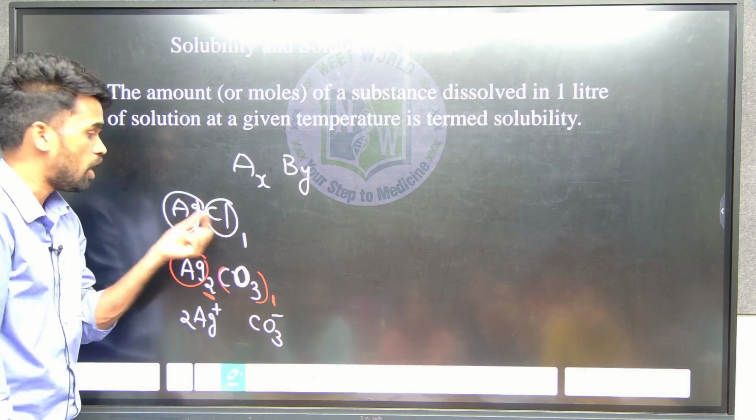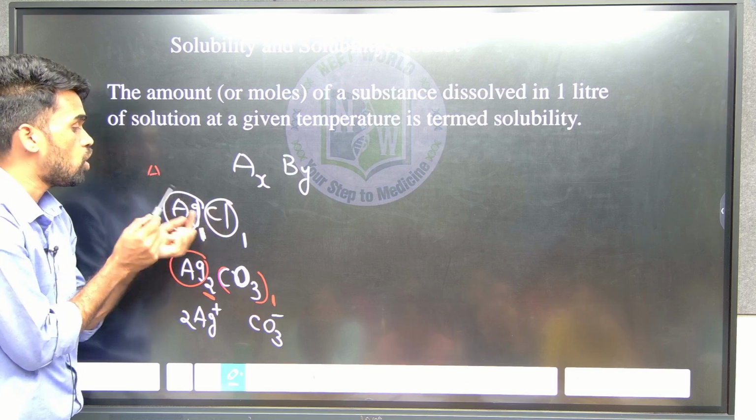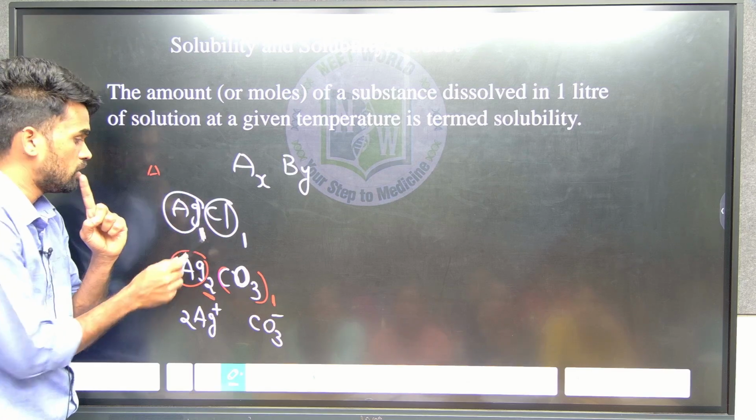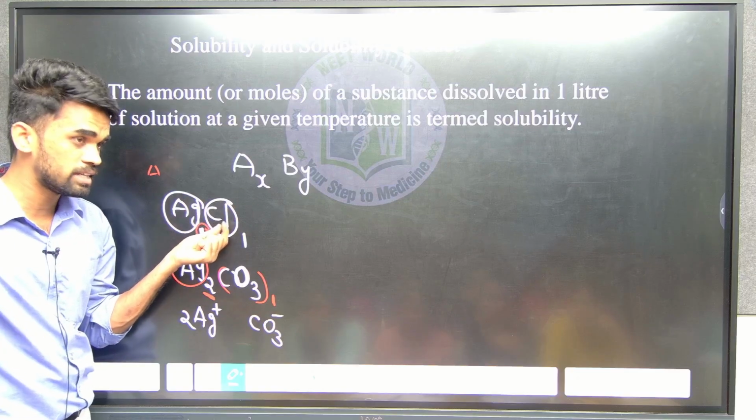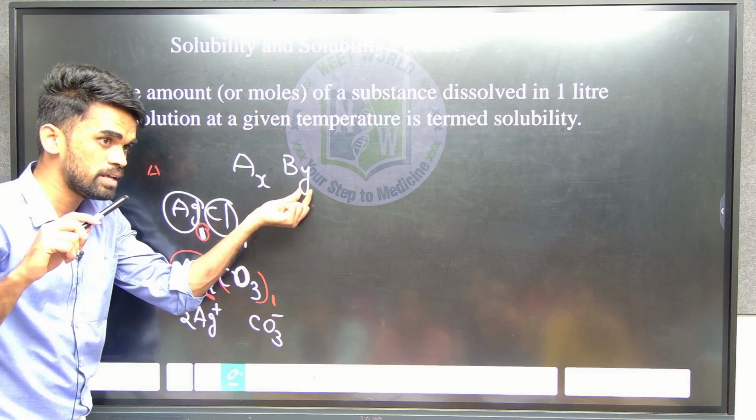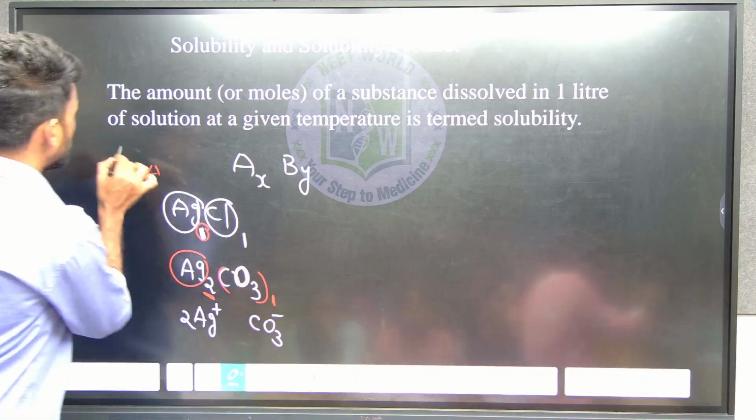AgCl, how will it dissociate? Ag plus, Cl minus. So how many Ag plus ions are there? You have to write one number here. How many chloride ions are there? That one number represents this. Understood? For example, I am writing